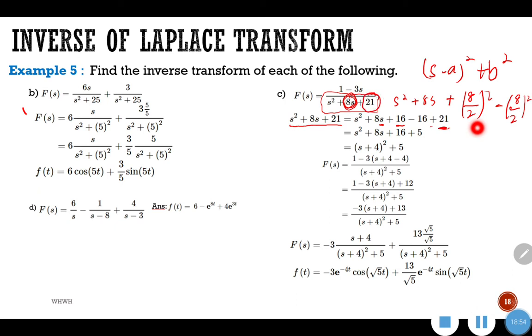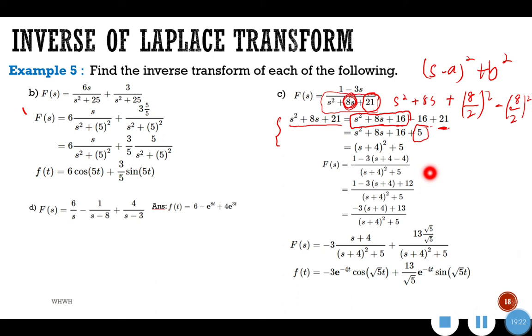So this part, S square plus AS plus 16, you can now factor it out and it becomes S plus 4 square. You have learned this before. So minus 16 plus 21, you get plus 5 here. So we have S plus 4 square plus 5. Alright, then from here,